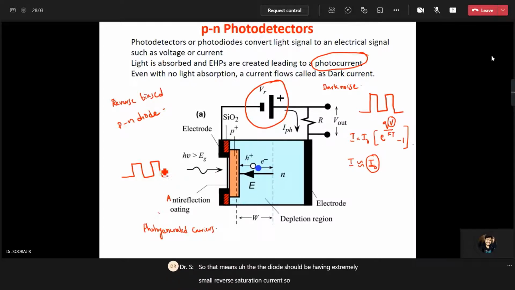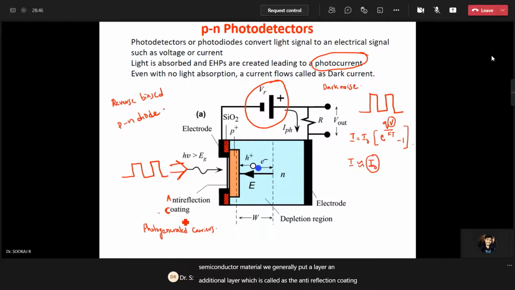So you have incoming photons, or light, falling on this photodetector. To ensure that whatever light is falling on the photodetector is not reflected back, to maximize light absorption, we generally use anti-reflection coatings at the outermost layer of this photodiode. So light is coming in this direction. The light falls here, but before it strikes the diode or the semiconductor material, we generally put an additional layer, which is called the anti-reflection coating.